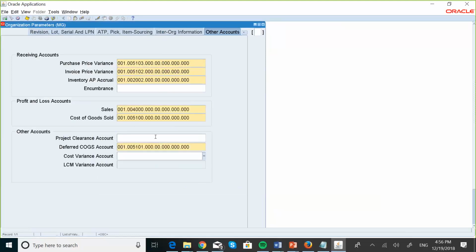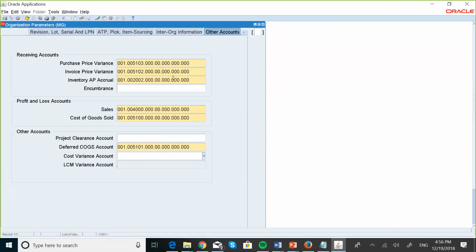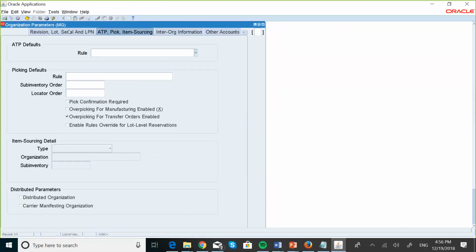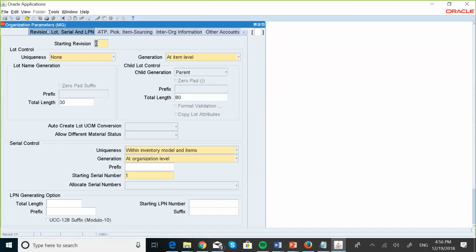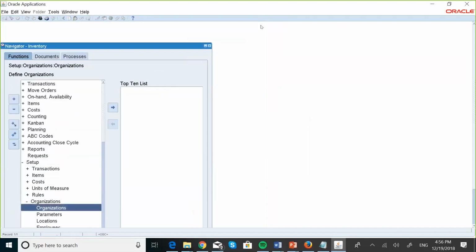Okay. So I believe we are done with our setup. And you can see it. So we have created our inventory organization, and hopefully we'll be able to add it to our financials options